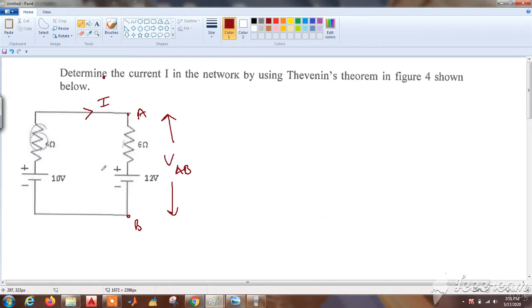So let us apply KVL in this loop. Let the current be I flowing. Now I am taking the clockwise direction. You can take any direction, you will get the same result. Now as I am going in the clockwise direction, I will denote signs across the resistor, plus minus, plus and minus. And I will always take the second sign as I am going in the clockwise direction. That is, KVL states that the sum of the voltages inside a closed loop is equal to 0.